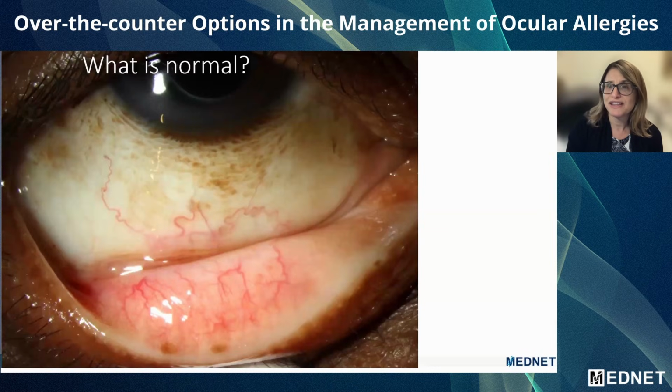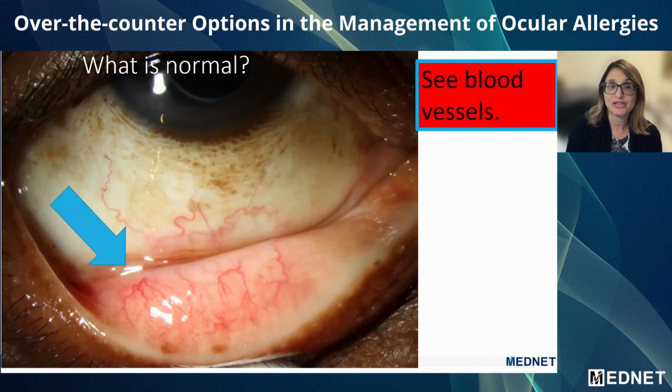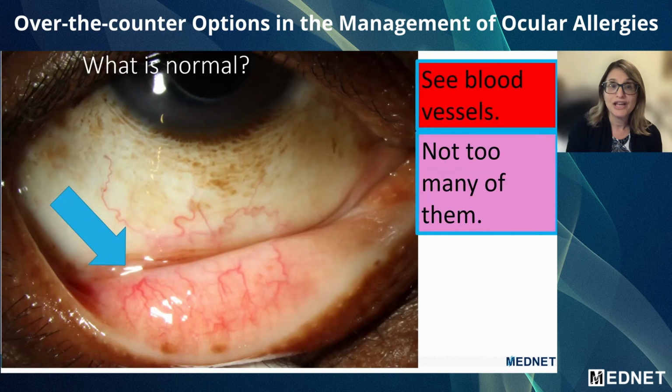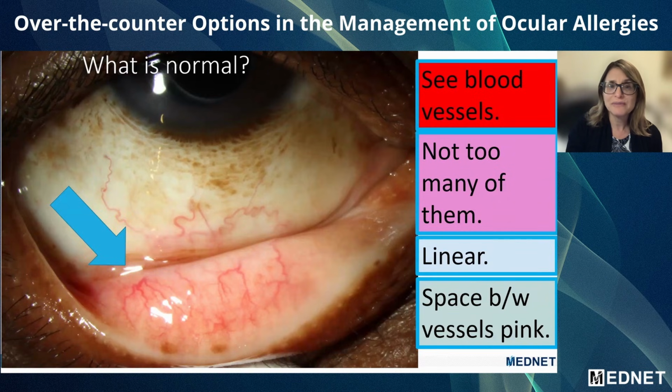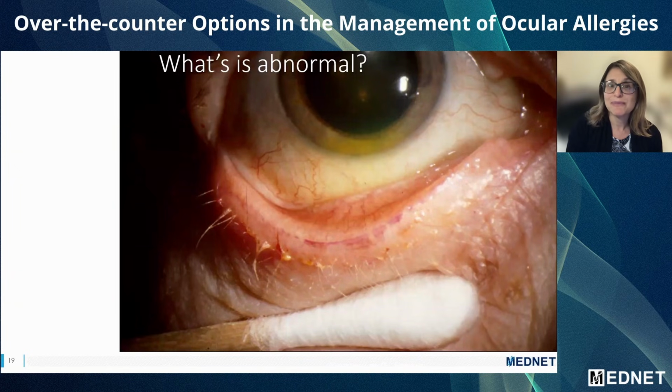And because it's so important, I think we need to spend a little bit of time on what we're looking for. So it's always important to know what is normal. This is what a normal palpebral conjunctiva should look like. You see the blood vessels. There are not that many of them. They're mostly linear, and between the blood vessels, it's pink. That's normal. Here we start seeing abnormalities, and one of the abnormalities is anterior blepharitis in the form of debris